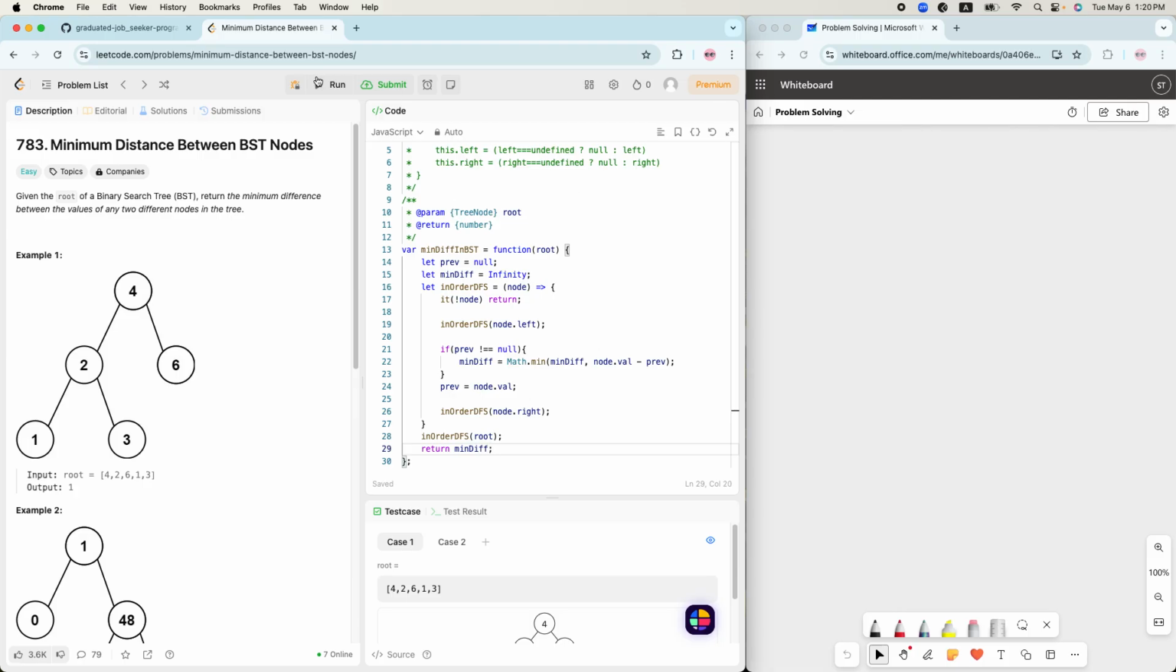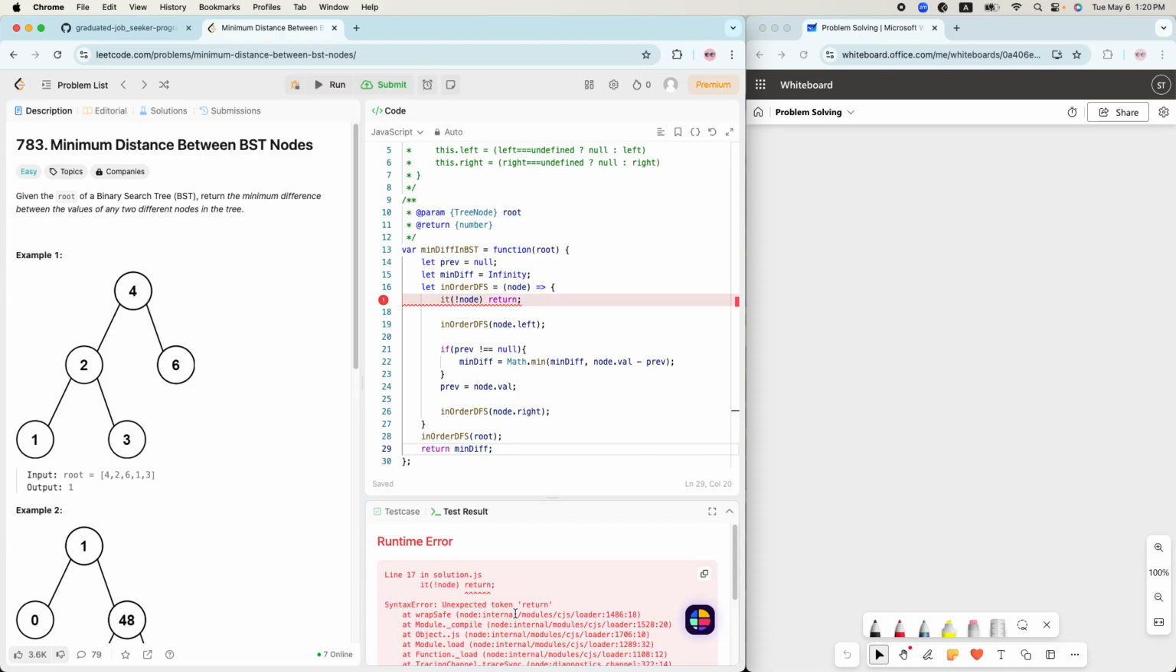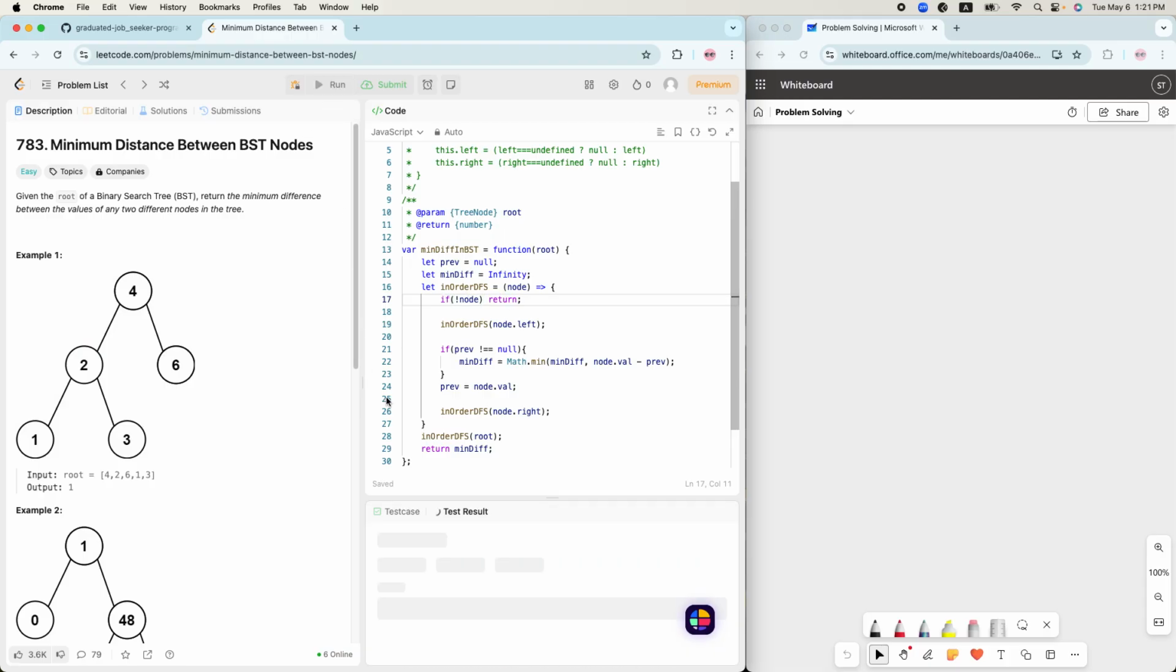Okay, now let's run and see what happens. Okay, so what is the problem? Oh, it says if, we wrote it wrong, not if. Okay, it passed successfully. I hope it was understandable,